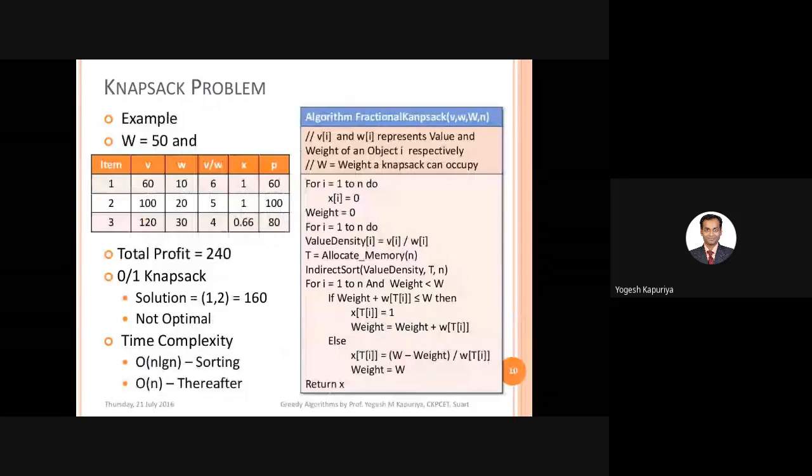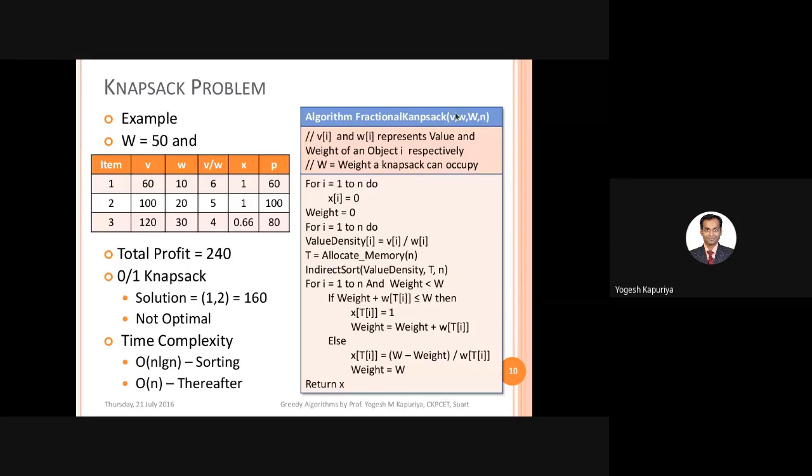Right. So let us focus on the right part, that is the algorithm part. What we have done is we have first initialized the algorithm. The name of the algorithm is fractional knapsack. We have passed 4 parameters: small v, small w, capital W, and small n.